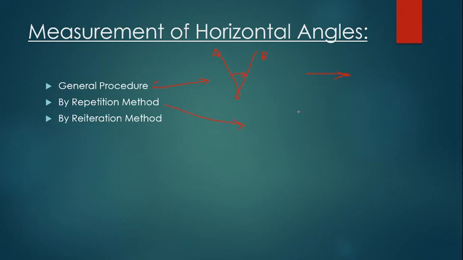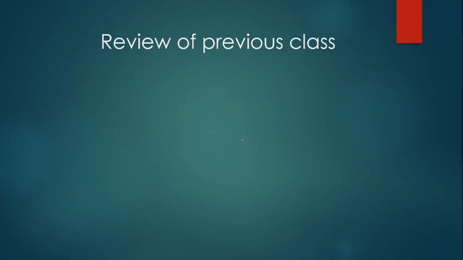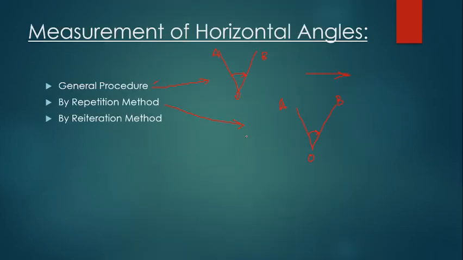in the repetition method, here also we are going to calculate the angle between two survey lines only, again let us say OA and OB. There are only two lines and we calculate the angle between them, but this time we require an accuracy greater than what we obtained in the general procedure. Let us say if we obtain a least count of 20 seconds in the first method, you may get a least count of 10 seconds or even less with the help of this repetition method.